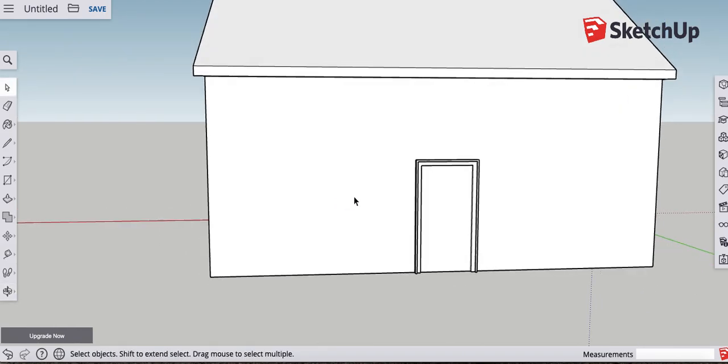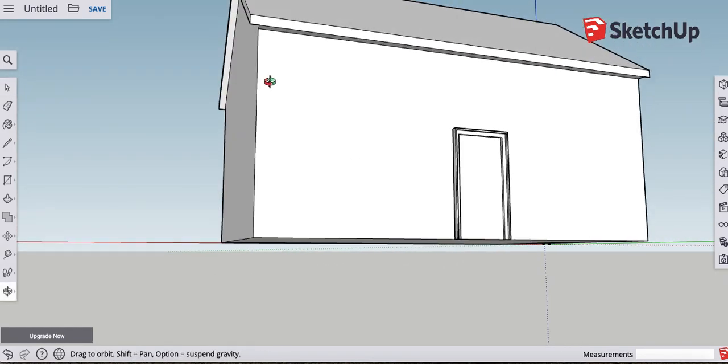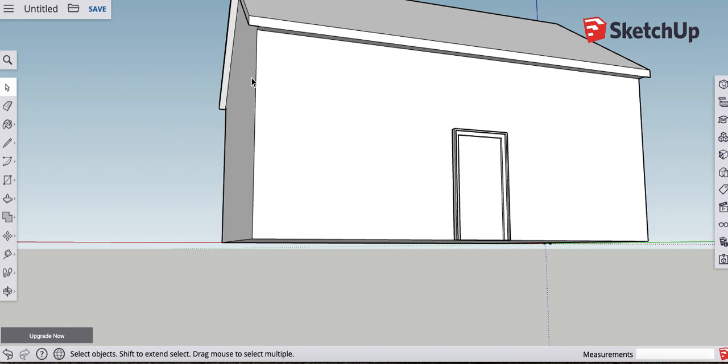Okay, let's do windows, and for the windows, I'm not going to make them a group, I'm actually going to make them a component, and I'm going to explain to you the difference. I'm going to make windows, and I'm going to place the windows specifically so it's symmetrical. So I'm going to use the tape measure tool